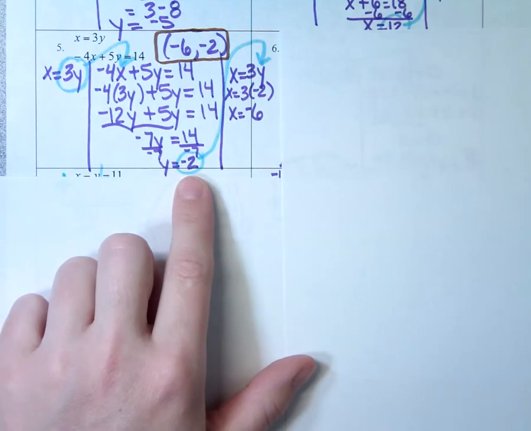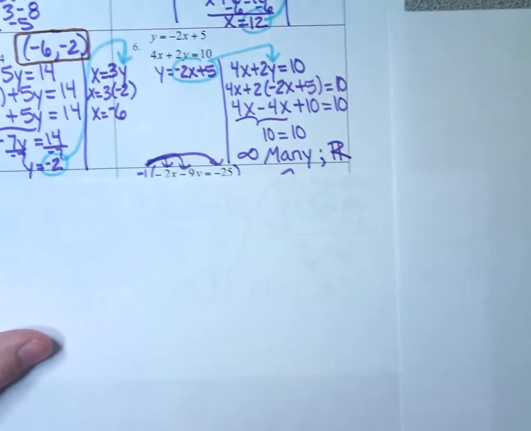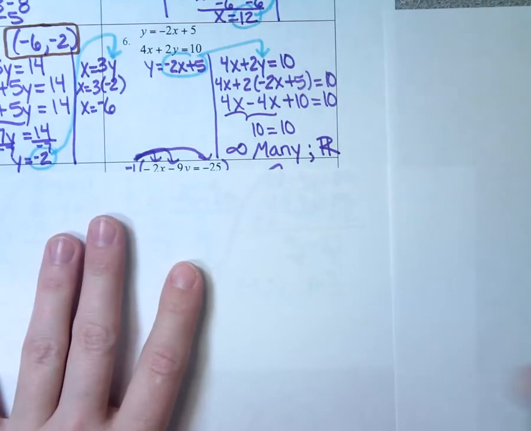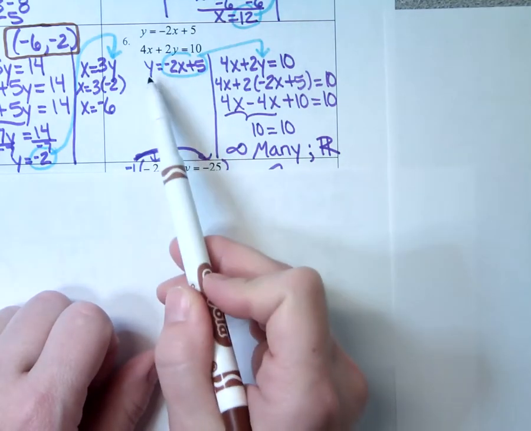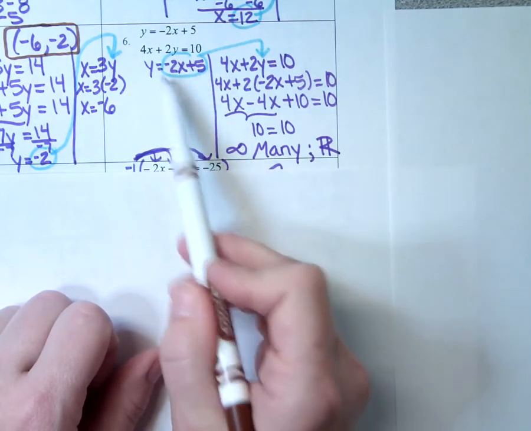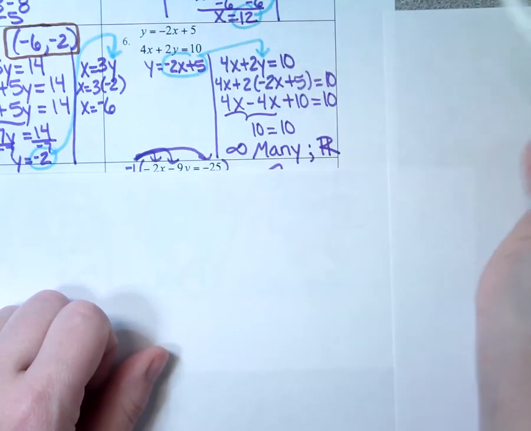Okay, moving on to number 6. If you ever have to pause me, pause me. I'm moving on to number 6. Number 6, I decided to do this one with substitution as well. Bread, meat, bread. So my bread is the equation where the variable is by itself. And since this is what y equals, I plug it into y of the other equation, and then just solve